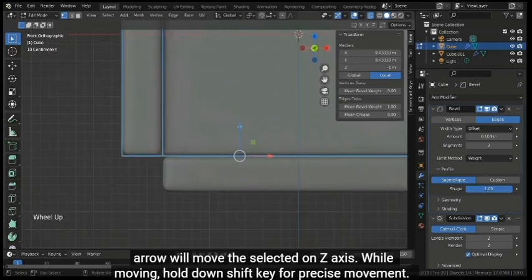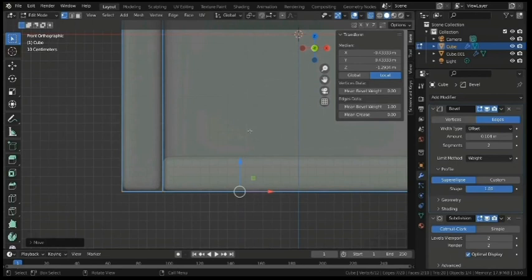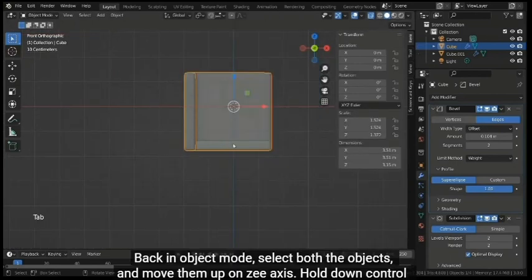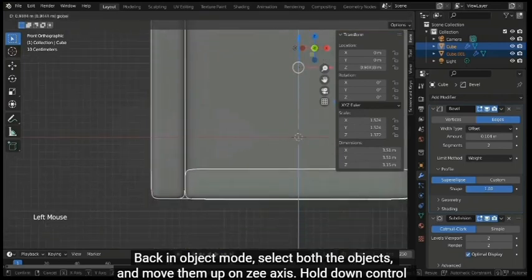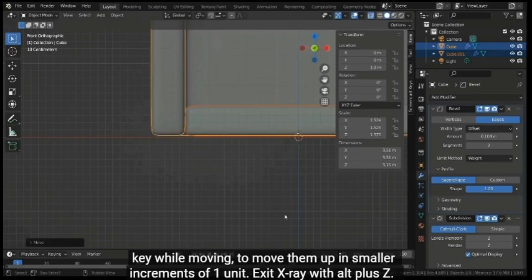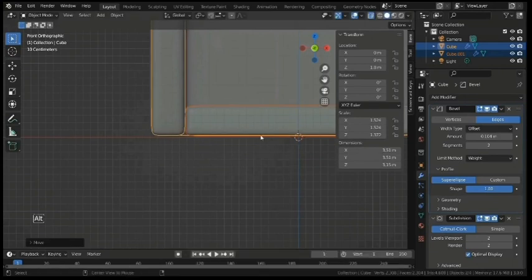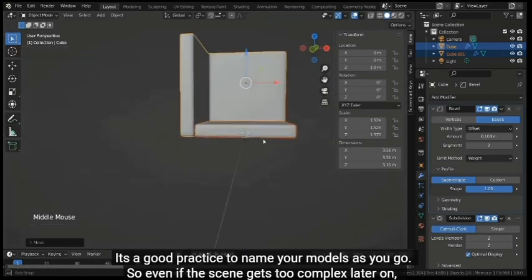Dragging the blue arrow will move the selected on Z-axis. While moving, hold down Shift key for precise movement. Back in Object Mode, select both the objects and move them up on Z-axis. Hold down Control key while moving to move them up in smaller increments of 1 unit. Exit X-ray with Alt+Z. It's a good practice to name your models as you go, so even if the scene gets